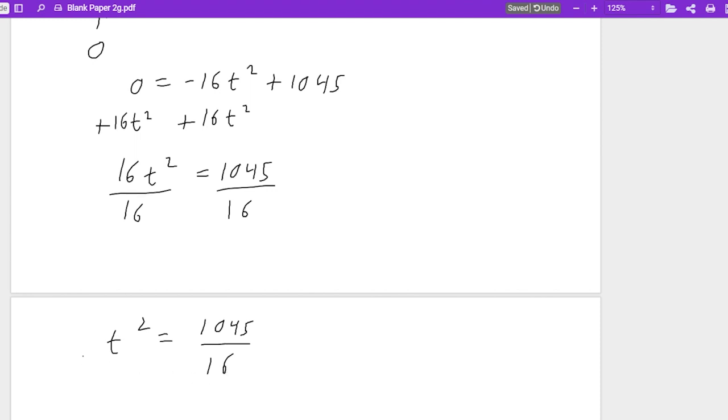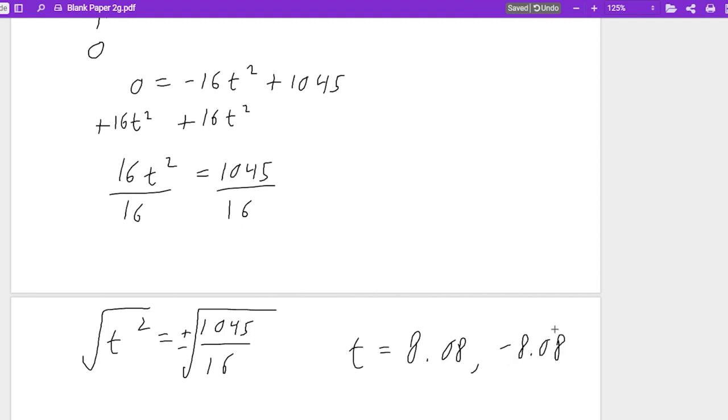Now the reason why the square root method works here is because once you just have t squared equals, this is the perfect time to take the square root of both sides, and it's plus or minus. Because whenever you take the square root, it's plus or minus. Now let's plug this in our calculator and see what we get. We'll get a final answer of t equals 8.08. Technically plus or minus